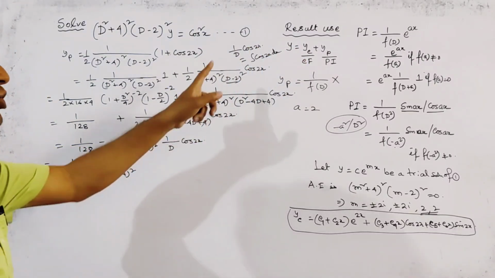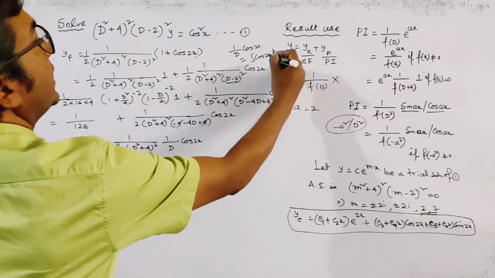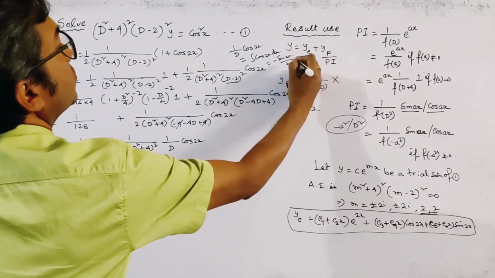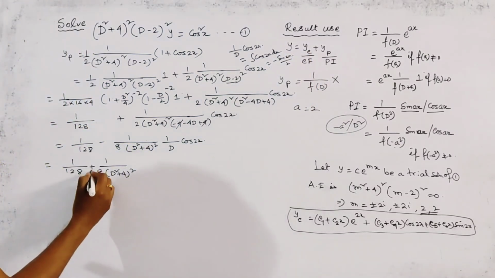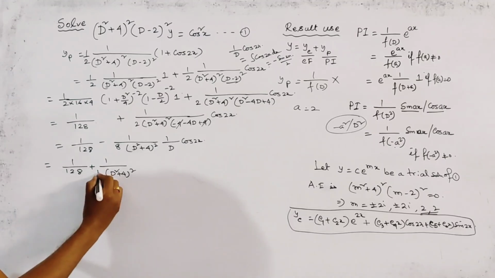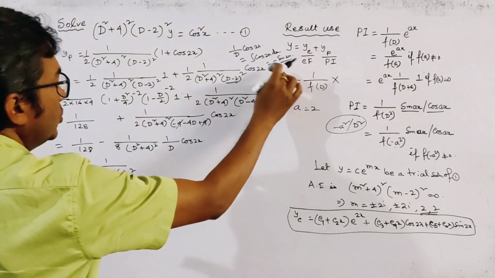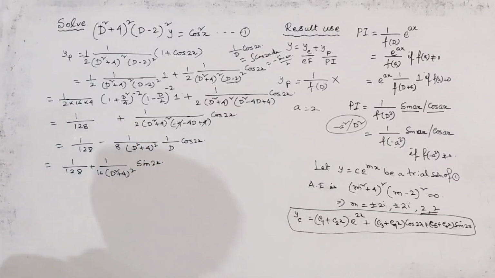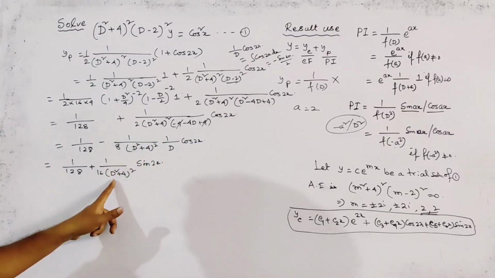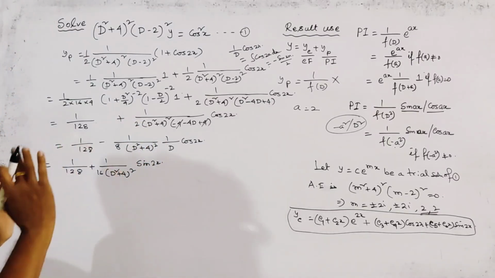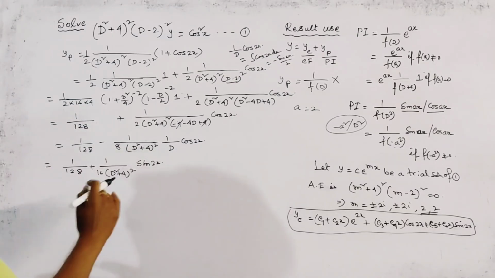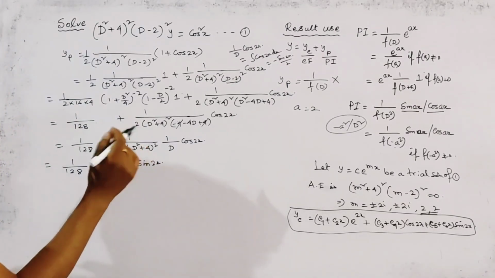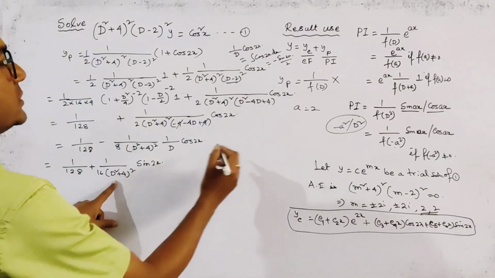This means integration cos 2x dx. This is the reverse of derivative. Okay, and clearly this result is minus sin 2x by 2. Okay, so we get this is plus, and this is 16 because here 2, and this becomes sin 2x. But if we put again d square equal to minus 4, then this is 0. Okay, so we apply here a separate rule to find out this type of particular integration, and for this we